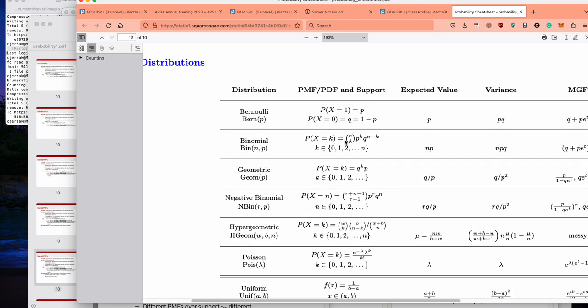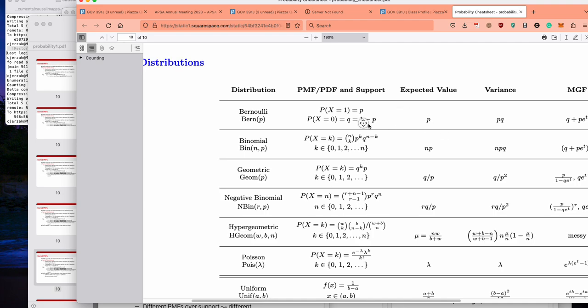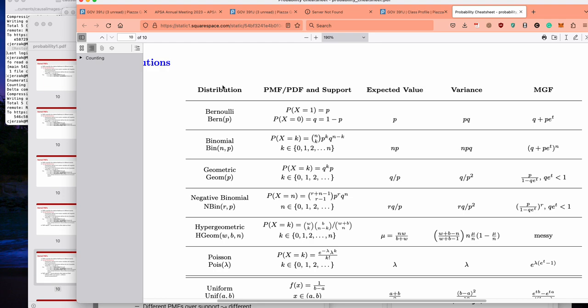These are all named distributions, meaning they're more common, meaning they're commonly used to define certain things. So we see the name of the distribution, we see the PDF/PMF, and then the support of the distribution. So remember, support is the values that this distribution can take on with non-zero probability. So the support, for example, for the Bernoulli is 0, 1. The support for the binomial is any value between 0 and n in this particular way of framing the distribution.